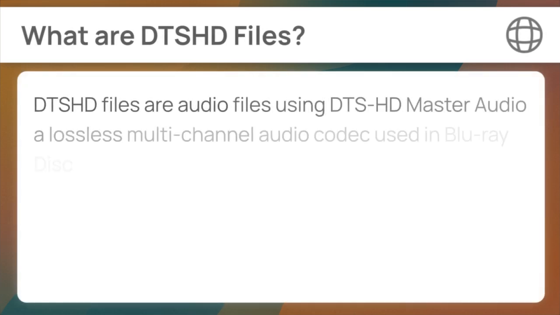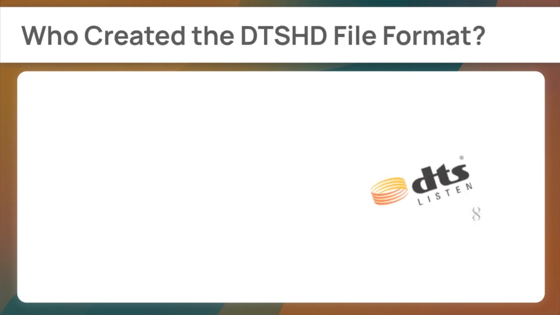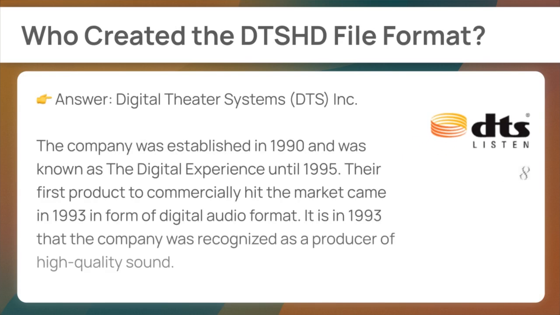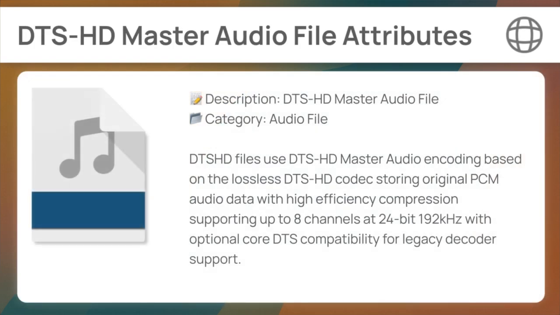DTS-HD files are audio files using DTS-HD Master Audio, a lossless multi-channel audio codec used in Blu-ray Disc and high-end home theater applications. They provide bit-perfect reproduction of original studio audio with up to 7.1 channel surround sound at high sample rates. DTS-HD files use DTS-HD Master Audio encoding based on the lossless DTS-HD codec storing original PCM audio data